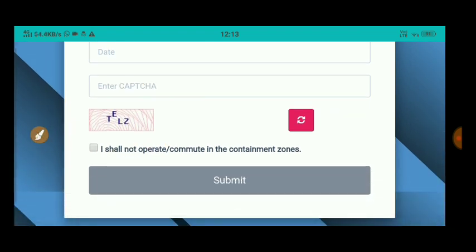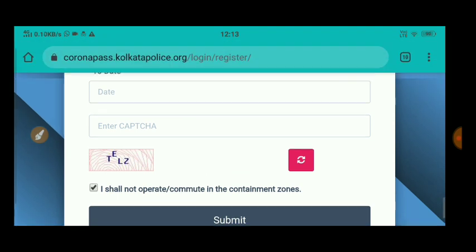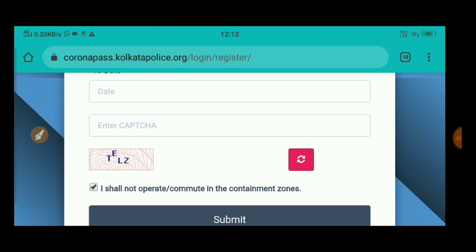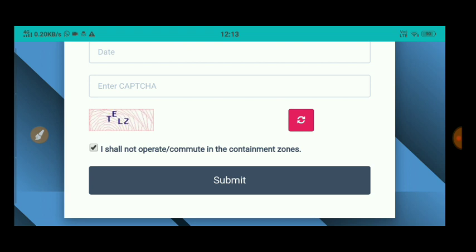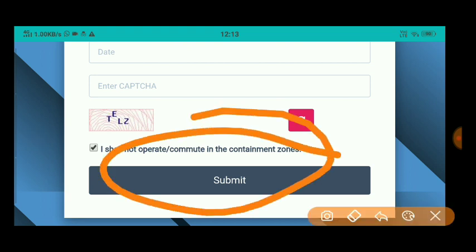So here you have to click on I shall not operate or commute in the containment zones. The government of West Bengal has determined certain containment zones, so you have to give your support to not go in the containment zones, and here in the last you have to just submit.